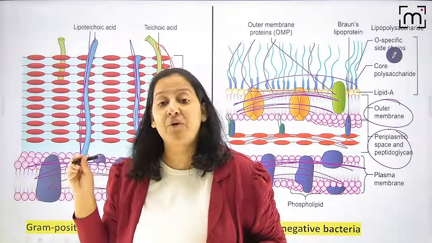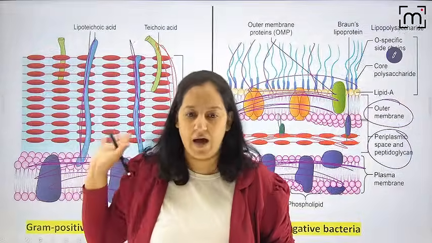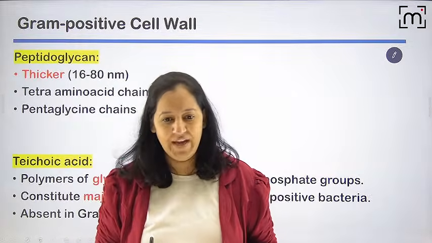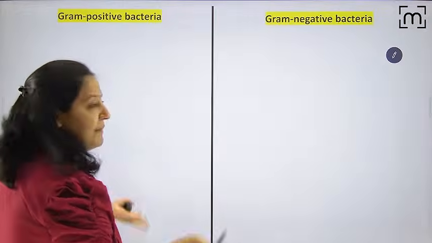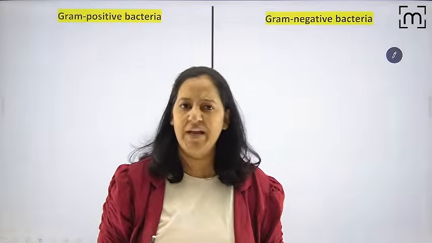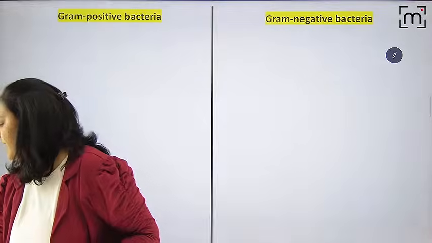You get this for labeling frequently in your competitive exams, or in your university exam you are asked to draw it. I guess you are able to do so now if you have understood it. So what have we learned? Tell me the difference in the cell wall of gram-positive and gram-negative. Summary. If you have understood, very good. If you have not understood, learn the summary. Who will tell me the summary?